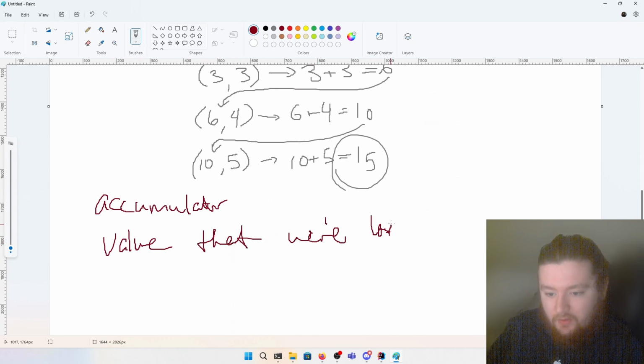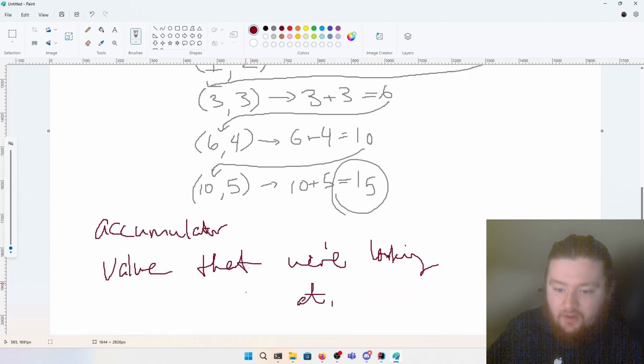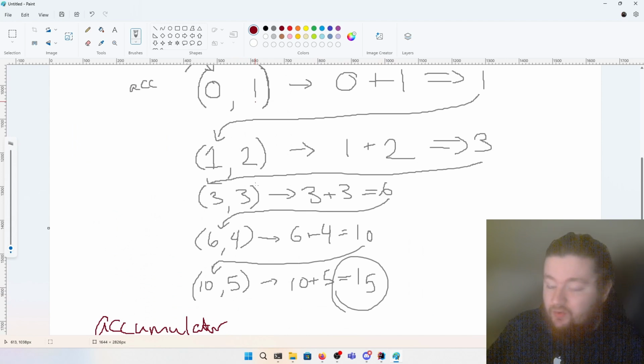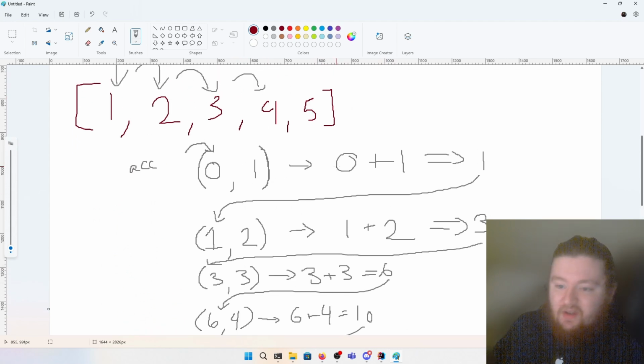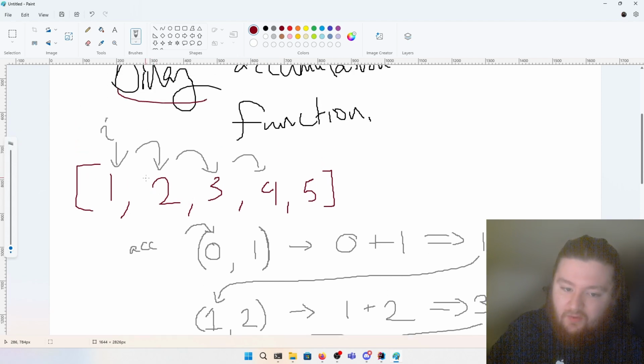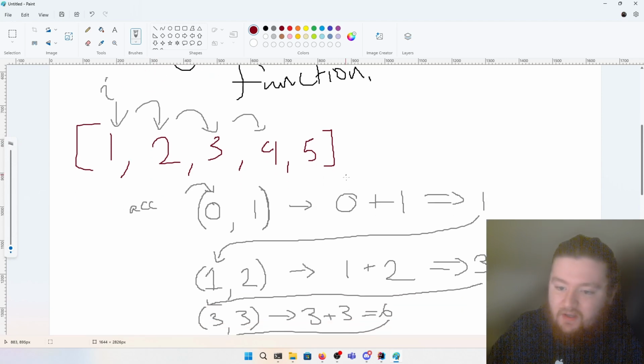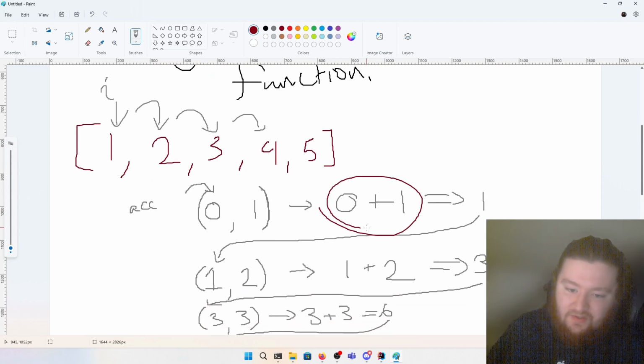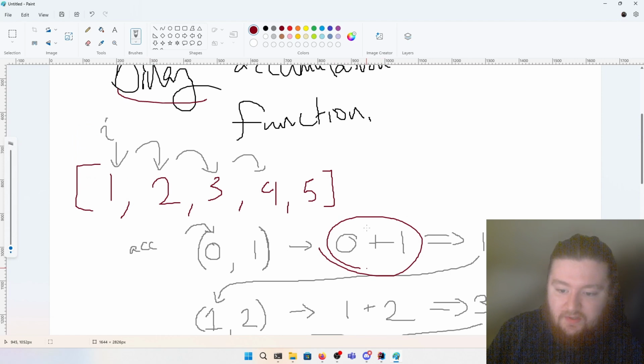Value that we're looking at. Okay, so that just changes with each and every iteration. The accumulator doesn't have to change. So that should be very clear. For example, if we only wanted to sum the even numbers of a list, then we could very easily have some sort of case analysis in here to say that if the number is odd,